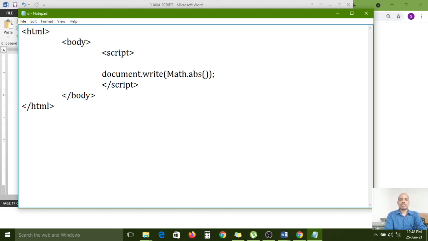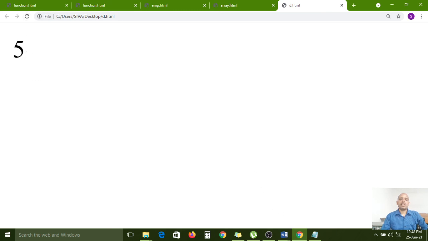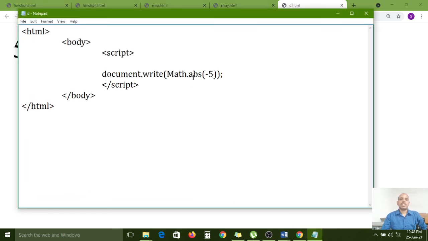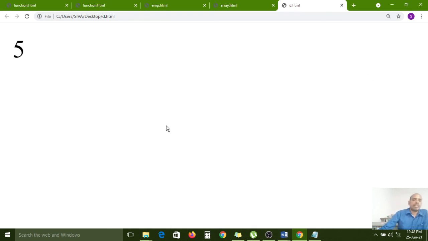Inside the abs function, now I am passing -5 as the value. If you want to get the absolute value, now I am saving that one, refresh the page. 5 it is representing. Here I have passed a -5 value. So the abs function will remove the sign. Whatever sign we have, the minus sign has been removed, and that absolute value will be written as output on the browser.